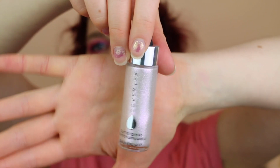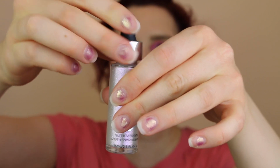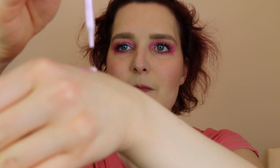And as this is going to be a rather glittery, sparkly look, I will be going in with several different highlighters. The first one are these glitter drops from CoverFX. These are in the color Aurora, and they come with a dropper. I've already shaken up the product. And then I'm just gonna drop some onto the back of my hand,